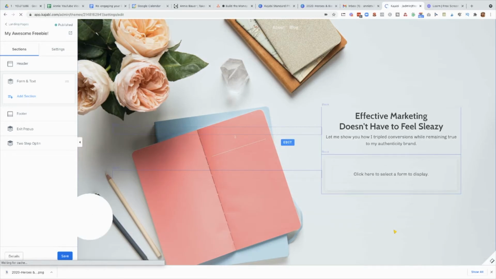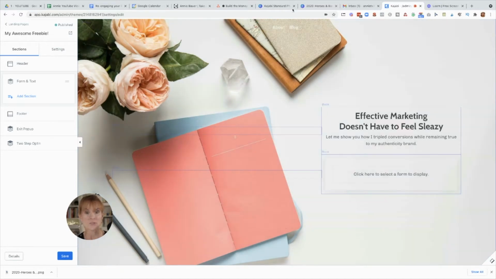And the first thing that I want you to do is get rid of any menus. So you can see this, it's a little hard to see up here at the top of the page, but the menu up here where it says about, our blog, you don't want any type of menu or anything else on a landing page that someone can click on, because a landing page, as I said before, has one specific goal, and that goal is to get an email address or to get a sale if it's a sales page from someone. So in this case, we're going to want to exchange an email address for our freebie or our lead magnet. So we don't want anything that distracts the viewer from clicking away.